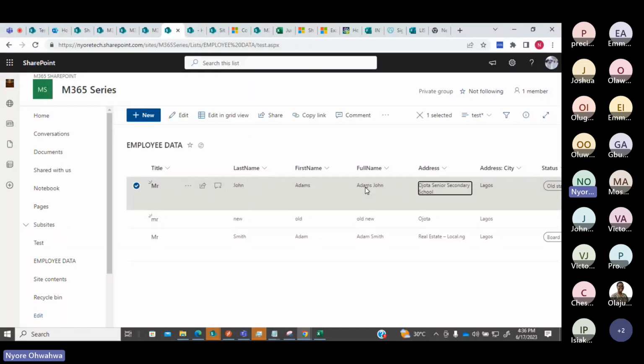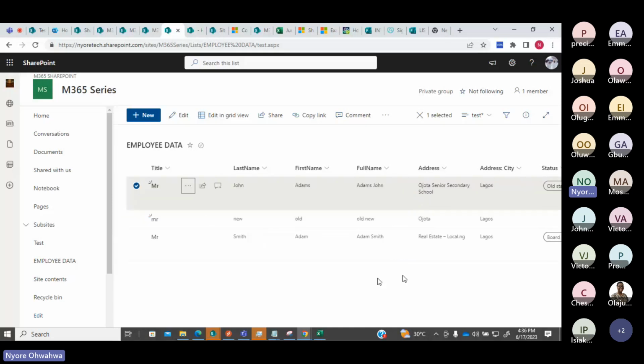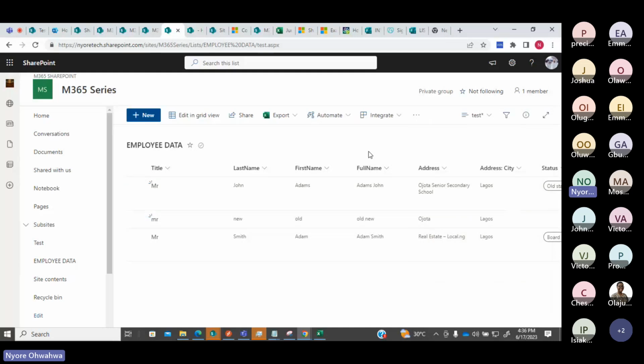We created a choice column where you can pick the status of the user. You can see the image, and you can see all of that. So when we finished creating this list, we had some issues getting the first name which we have created.